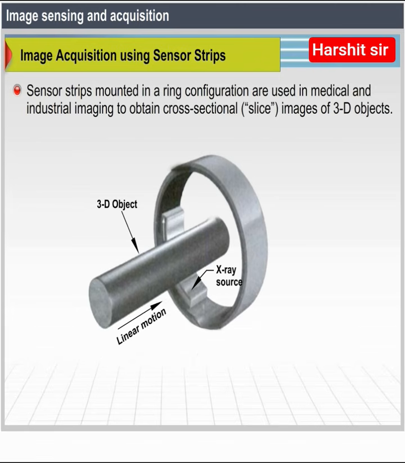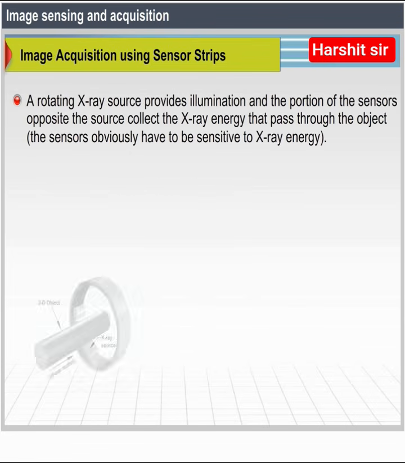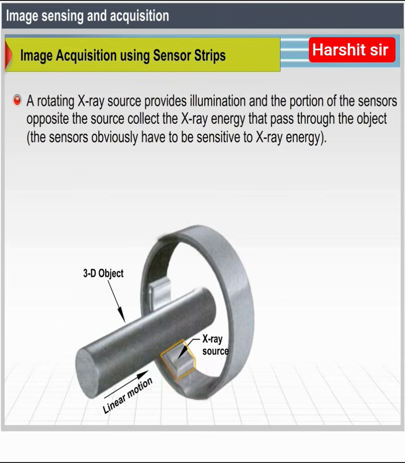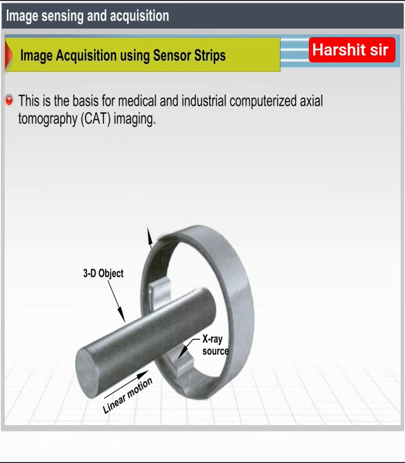Sensor strips mounted in a ring configuration are used in medical and industrial imaging to obtain cross-sectional or slice images of 3D objects. A rotating X-ray source provides illumination, and the portion of the sensors opposite the source collects the X-ray energy that passes through the object. The sensors obviously have to be sensitive to X-ray energy. This is the basis for medical